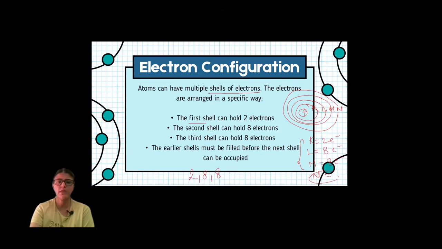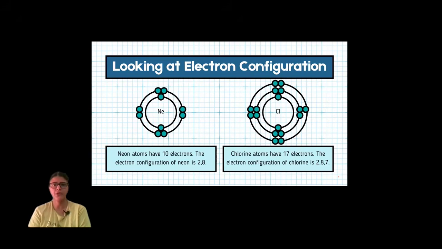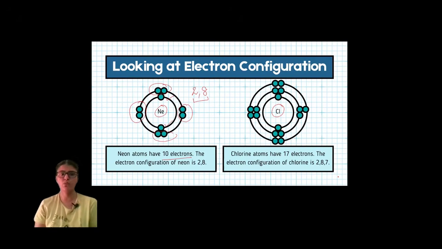Okay. Now see, looking at electron configuration, neon is taken here and chlorine is taken here. We will study the configuration of these two elements. First of all, we should know how many electrons are there in neon. 10 electrons are there. But we can't fill 10 in a single shell. We know in the first shell we will fill 2, and in the next shell, we will fill 8. Now 2 plus 8 is 10. So here 2 we have taken, 2, 4, 6, and then 8. In the next shell, we can